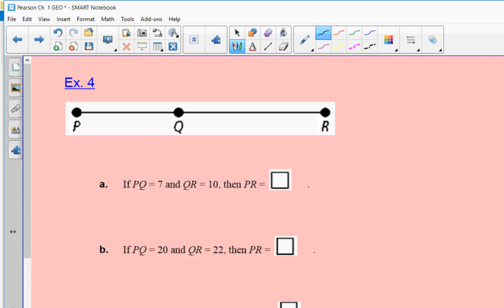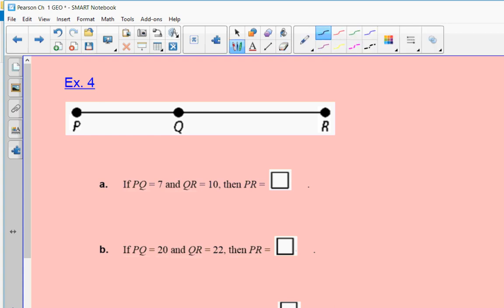One, I hope you understand that Q really is not in the middle of P and R. For one, it doesn't look like it, and two, they didn't put these little hash marks in like they did in the last question. If they did, then it tells me it is, but they didn't. So I'll get rid of those. Q is not in the middle, so I can't say that PQ is equal to QR. But I could say this, so if you could write this down,